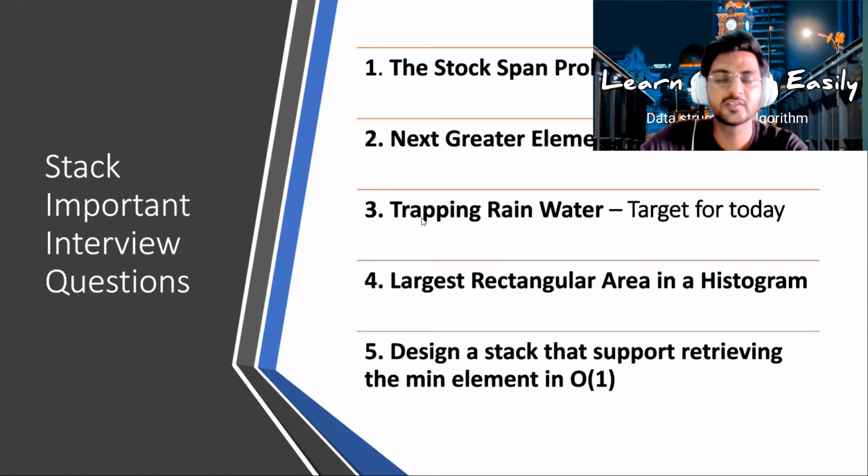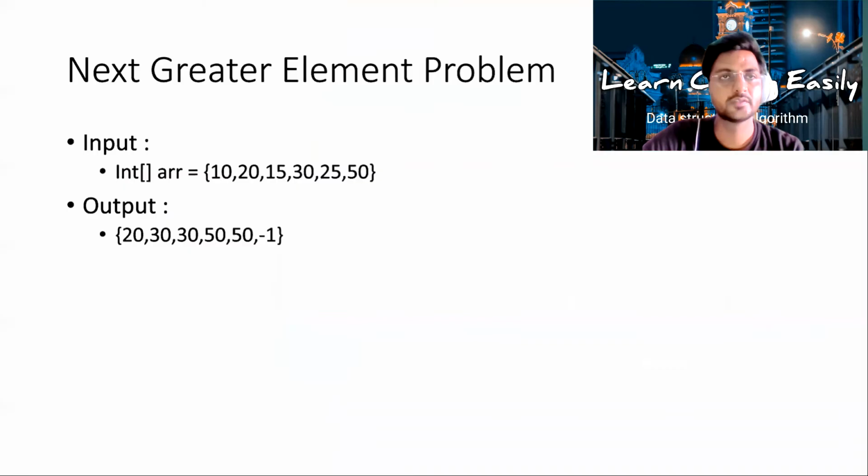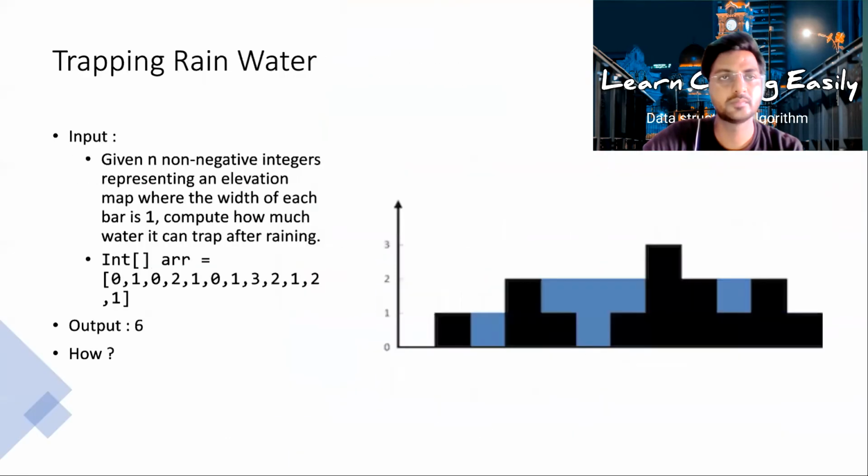Now today we will discuss the trapping rainwater problem, which is very famous for the interview. So what this problem is all about, let us understand. So in this problem, what we have? We will have one input array and we need to print the amount of water, how many units of water we can trap in between these bars, you can say.